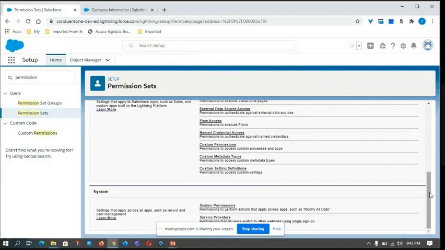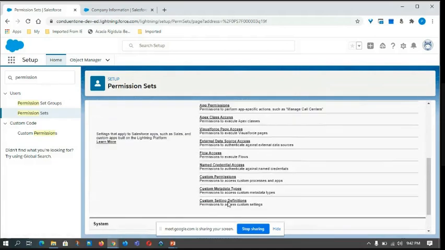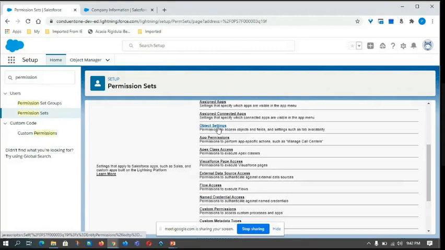Yeah, so basically these specific groups in the permission set are telling for which specific object you want to specify permissions. If you go to the custom setting definitions, if we have thousands or multiple custom settings, how many custom settings this permission set has access to, we can specify all those here.